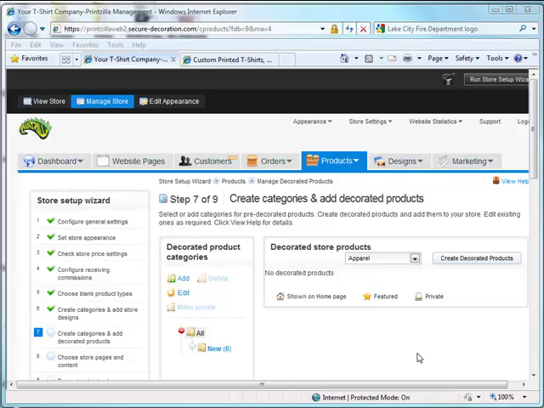In this video, we'll be covering step number 7, creating categories and adding decorated products. All of the categories that we're going to create and the decorated products that we're going to assign to them are only going to show up on this specific OSM affiliate store website. It will not show up on any other stores, whether owned by you or by anybody else using the Printzilla